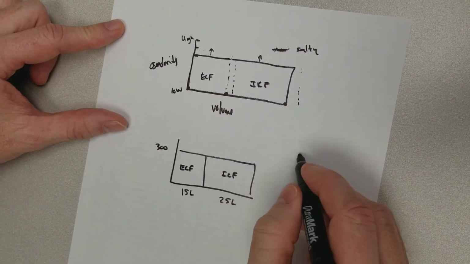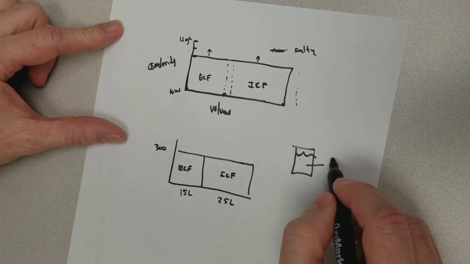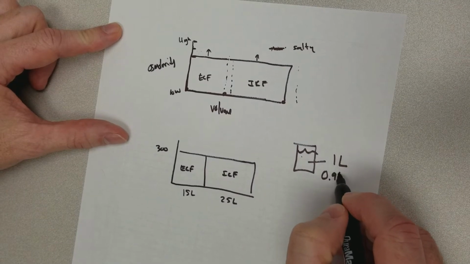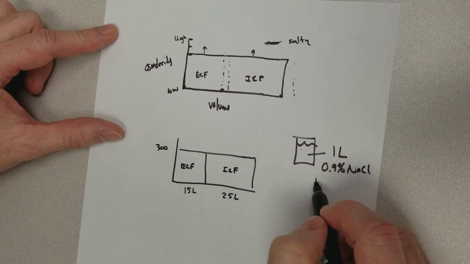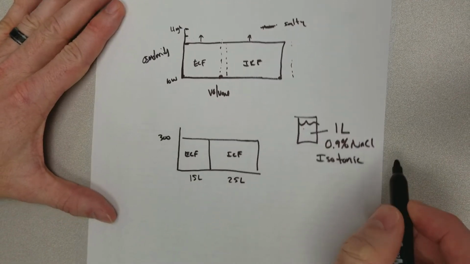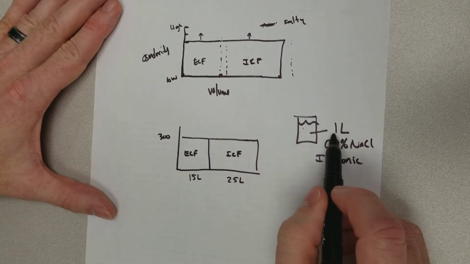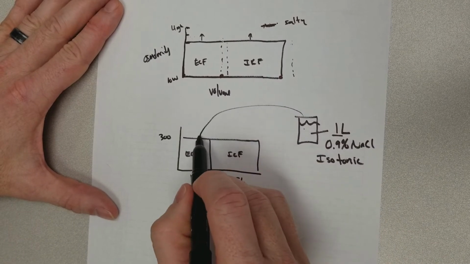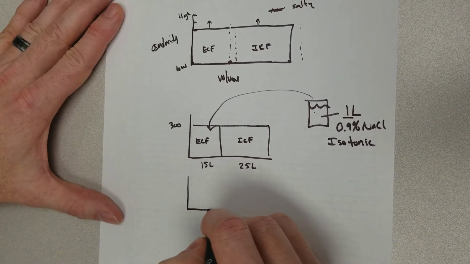Let's say I take a solution like this, and I say this is 1 liter of a 0.9% solution of sodium chloride. Well, I know, based on my other lecture notes, that this is isotonic. That means it's not going to change the osmolarity. But 1 liter, that's a lot of volume. So if I dump this liter into here, which you always dump into ECF, what I expect to happen